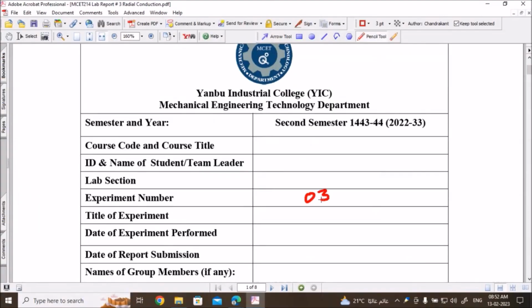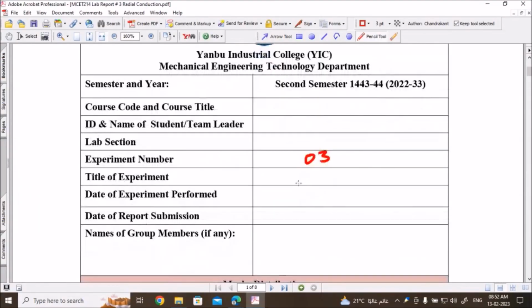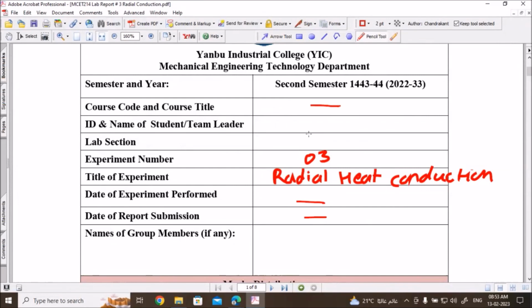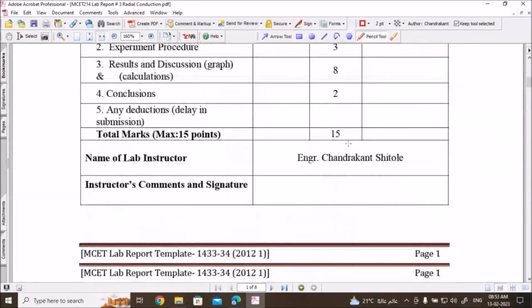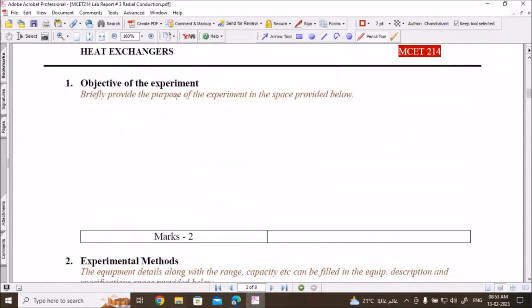Experiment number 3. Title of the experiment is Radial Heat Conduction. Write the date, the submission, your ID, your student name, team, and lab section. We will move to our experiment. Objective of the experiment, I will explain it after